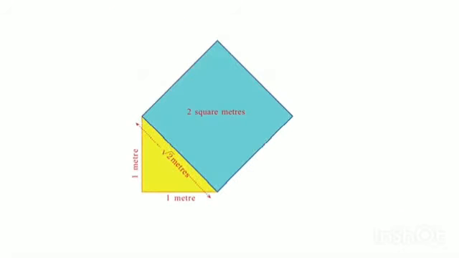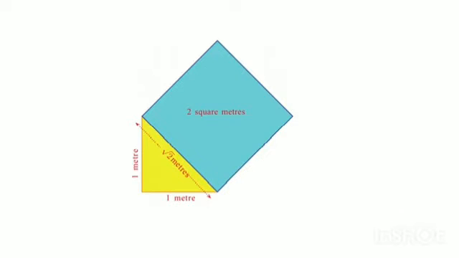We have to make a new kind of number to denote measures which cannot be expressed as fractions. Let us take our first example. How do we denote the length of the diagonal of a square of side 1 unit? 1 unit means it can be 1 centimeter or 1 meter or 1 kilometer, etc. The area of the square with this diagonal as side is 2 square units. Therefore, we can say it in another way. How do we denote the side of a square of area 2?